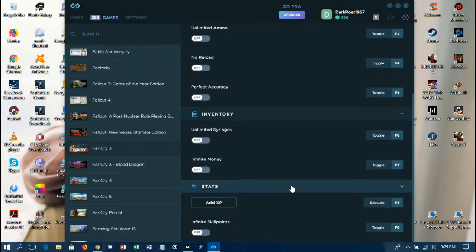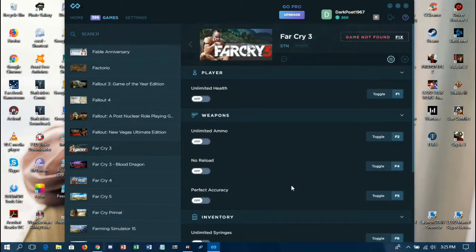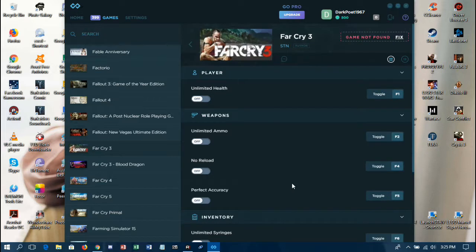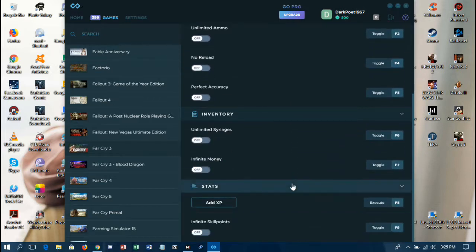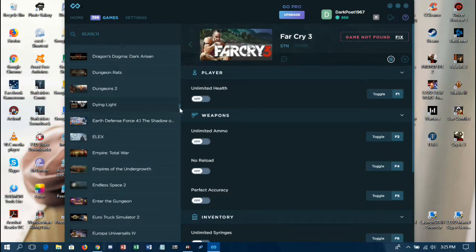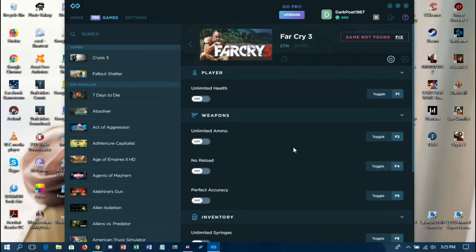It's not a very large list of cheats, but this is what I have. So if it's the same as yours, I don't know if you had more cheats available in the previous version or not. But for the two games that I'm currently running, because I've got other games, but,